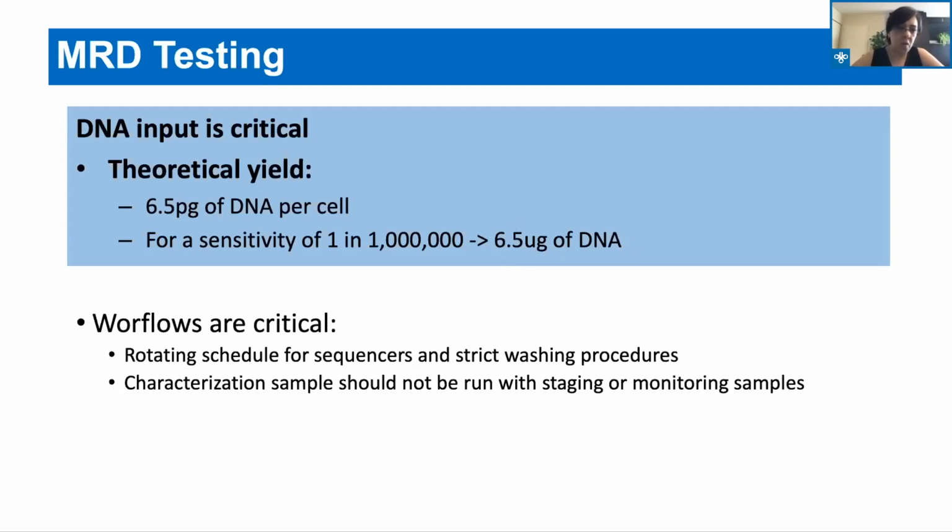But another thing is that the workflows when you're doing minimal residual disease testing in a laboratory are incredibly important to redesign. You have to have a rotating schedule for the sequencers, and also strict washing procedures to ensure that one clone doesn't carry over to another run. And also to make sure that you divide your characterization samples and your monitoring samples. So every time that you have a characterization sample from a patient, you should not be running the staging sample in the same run to ensure that you don't have barcode